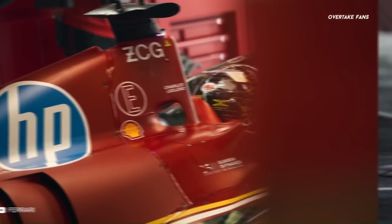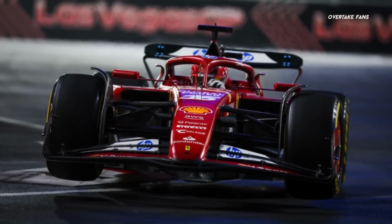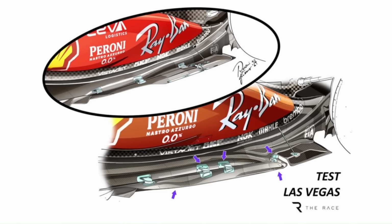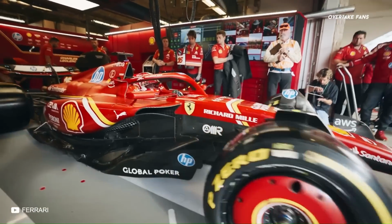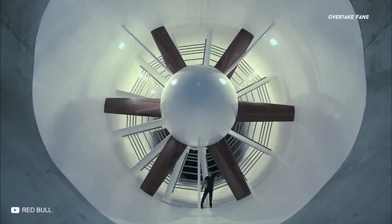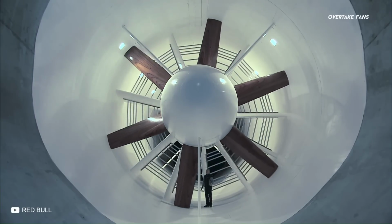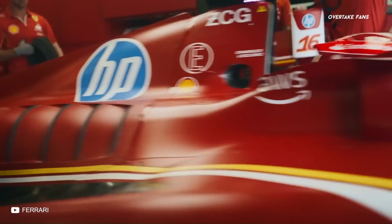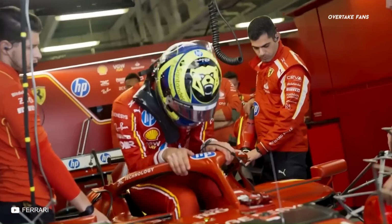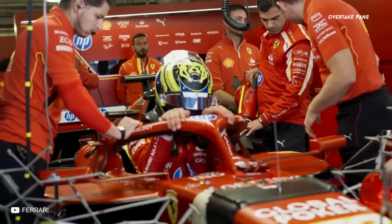Looking back at the Las Vegas Grand Prix, Ferrari ran 2 floor specifications during the first practice session, which the team revealed was not an upgrade itself, but was just an exercise the team carried out to confirm wind tunnel and CFD correlation with circuit data. But close sources are now reporting that Ferrari have made significant changes to the SF24's current floor specification based on